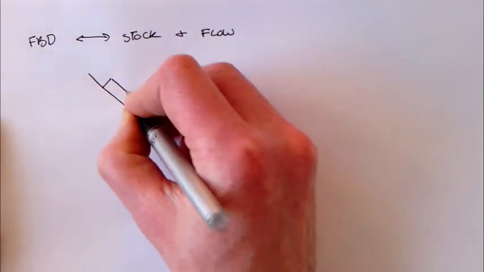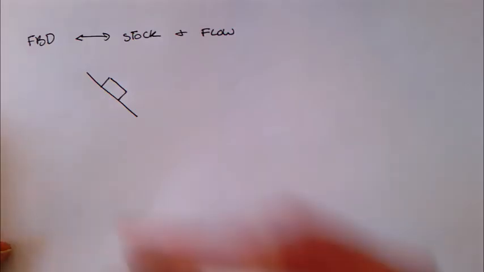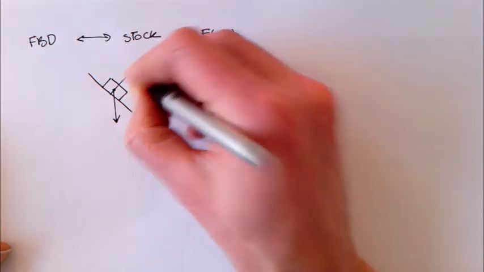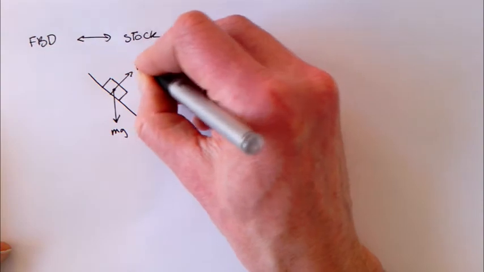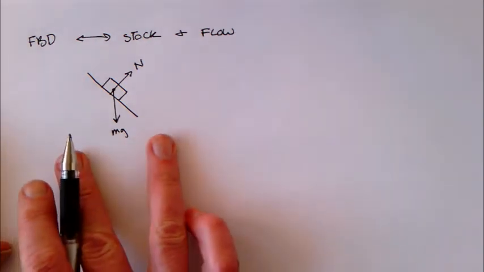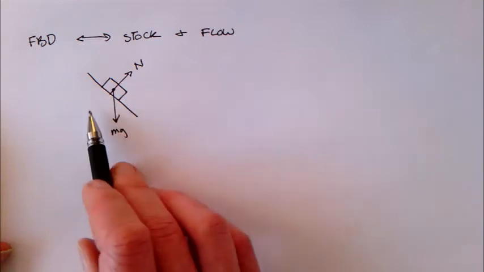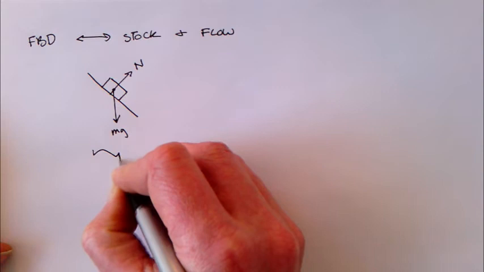We've got a block that is on a ramp, right? What's the free body diagram look like for this block? Well, if we do a sort of pure particle abstraction of it, we have gravity acting on the block, and we have a normal force that's acting on the block. Okay? So that's one way to represent the idea that this object has forces acting on it, and that because the forces are acting on it, these forces taken together,